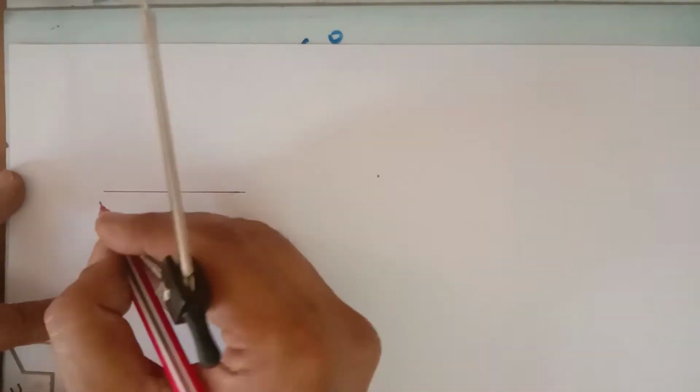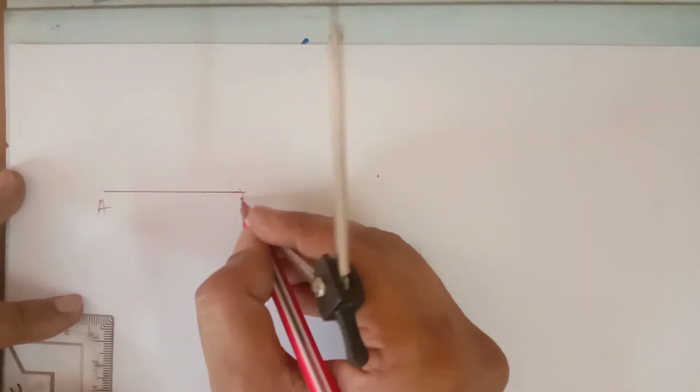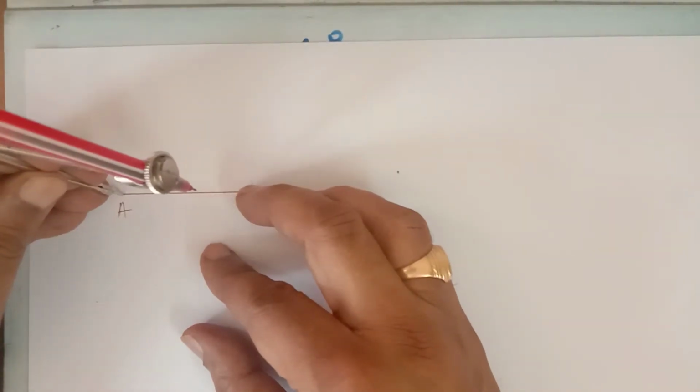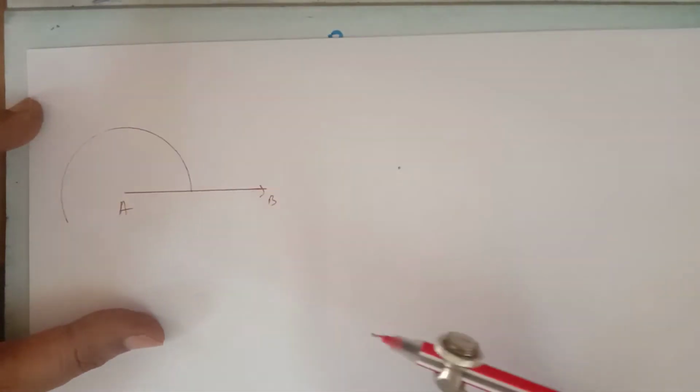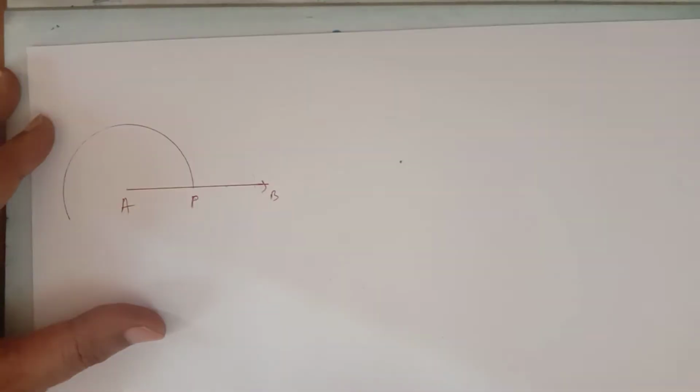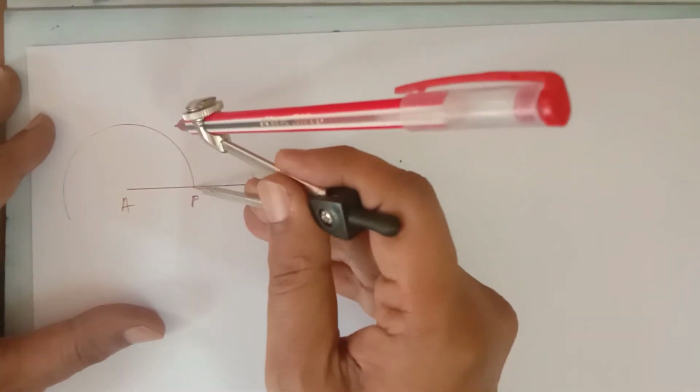Let us call it A and this is B. With A as a center and any radius, draw an arc like this, intersecting the line segment at P, suppose. Then with P as a center and the same radius,